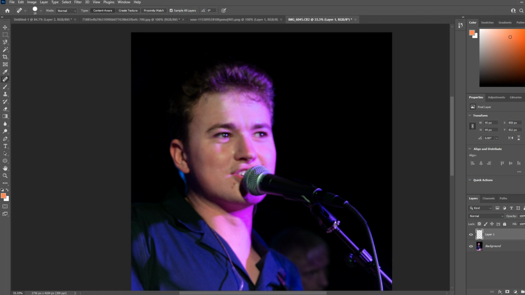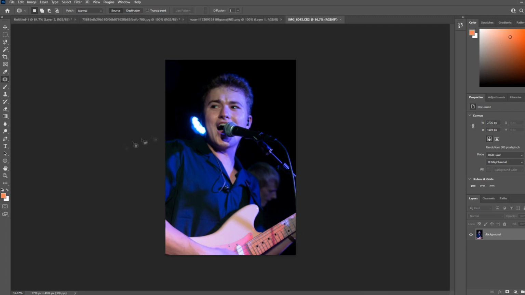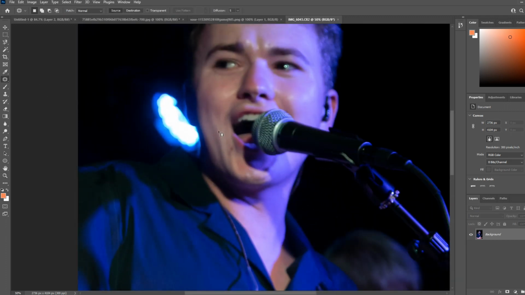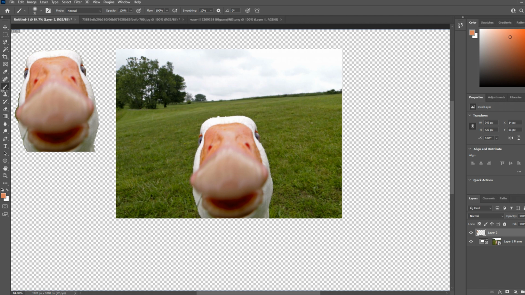Just like that, it disappeared. Look at that. Very useful tool. The patch tool works very similarly to the spot healing brush, whereby you can select an area that you would like to change, and you click and you drag, and then you choose an area that you want it to imitate, and then there you go. The next tool we're going to go over is a pretty obvious one, and that is